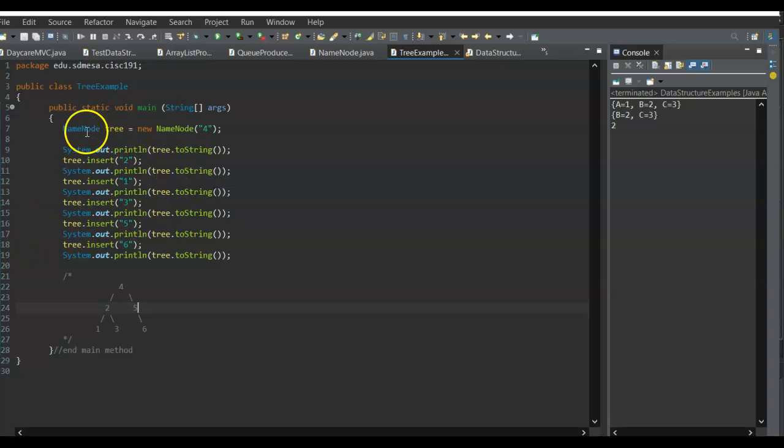For this, you first have to initialize the tree and start out with a root, which I made the number 4, or a string number 4. It has to have a root, and then they have child subtrees. For this example, I inserted the child trees 2, 1, 3, 5, 6.